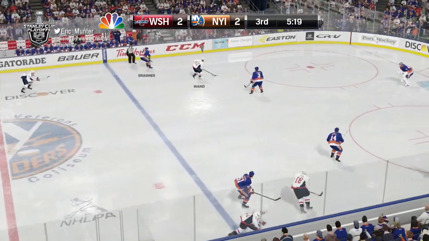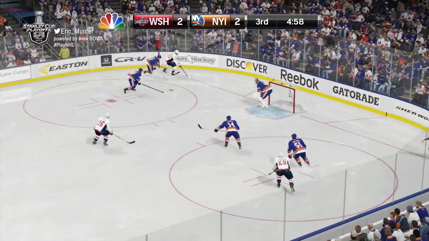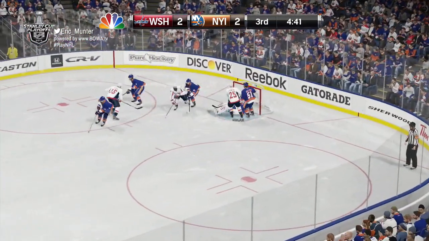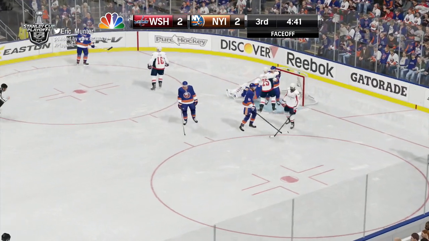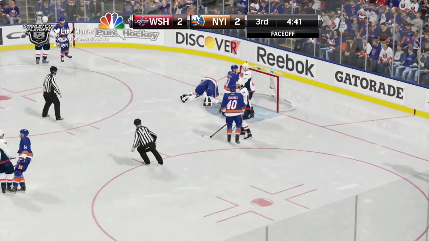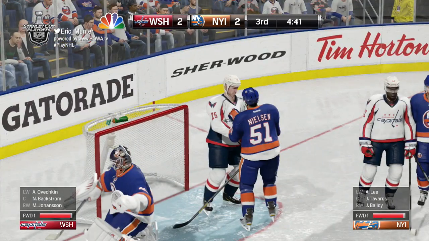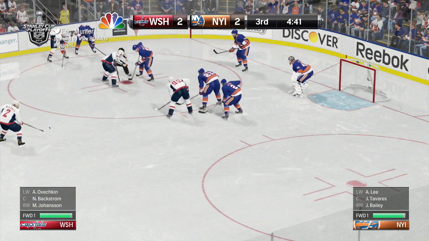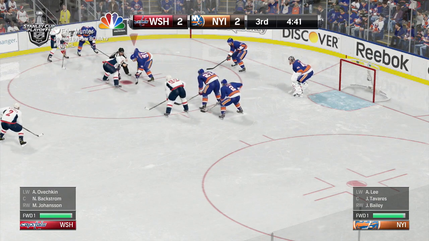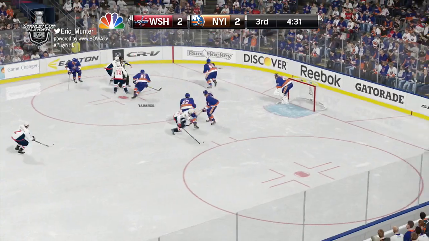Up to Eric Fehr, side to Ward. Ward looking, feeding, a chance, save. Halak lies down and gets it. 4 minutes, 41 seconds to play here in the third period of a 2-2 hockey game. If nobody scores, we'll go to a sudden death 20-minute